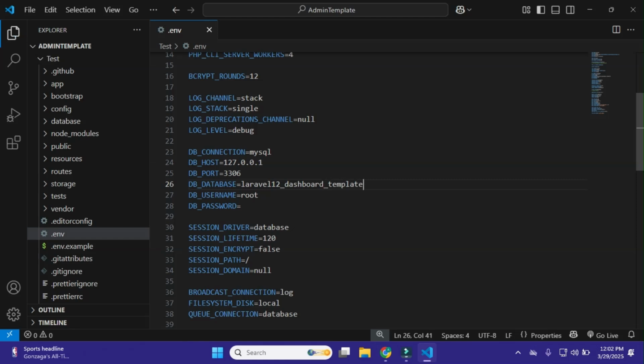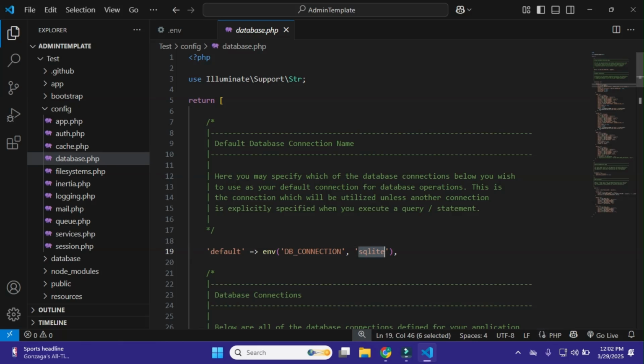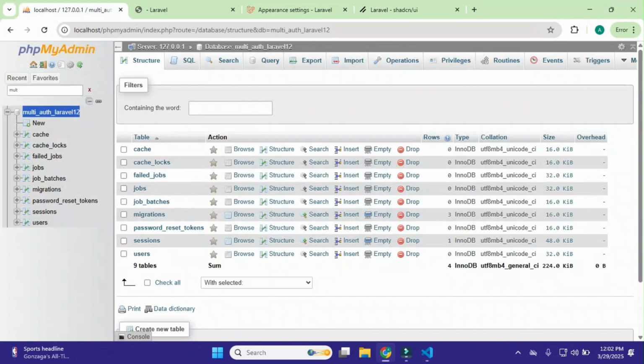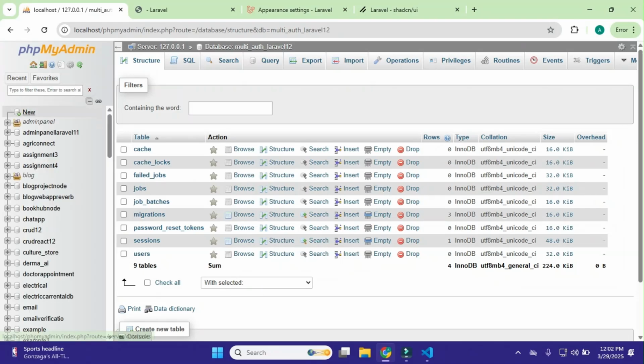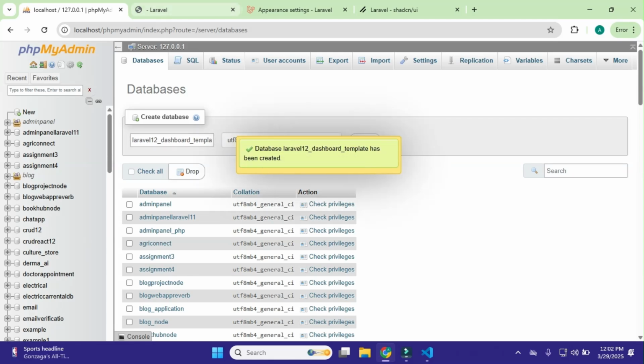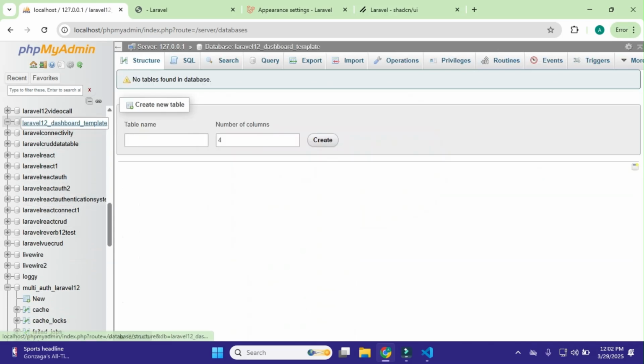Okay, just this, and copy this name, and also go to config. And as we are working with MySQL, I'll add MySQL here. I'll close this, and now I'll open the browser, and here I'll create a new database, and within it I'll paste the name, that is laravel_12_dashboard_template, and click on create. Okay, and here you can see my database is now created successfully, and it is this.